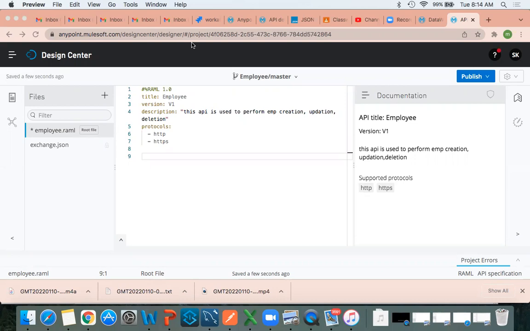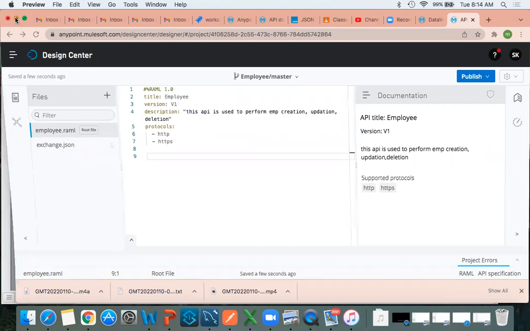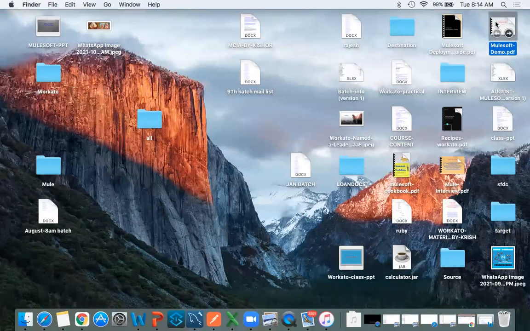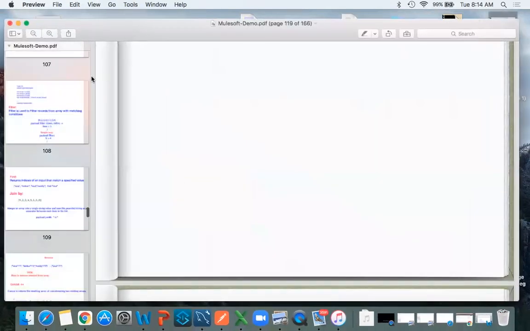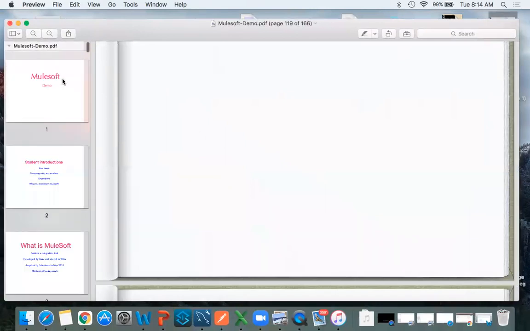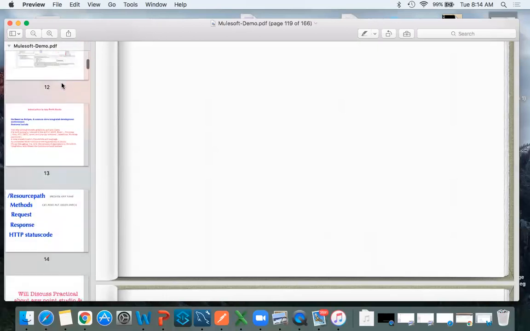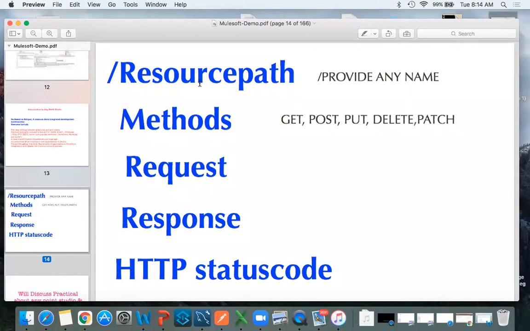Okay, perfect. If you want to construct any kind of API, we need five things. First one is resource path. Second one is method. Third one is request. Then response, then status codes. That is mandatory so that you can easily construct. See, what is the resource path here? Resource path is nothing but just like a name. You can provide any name.